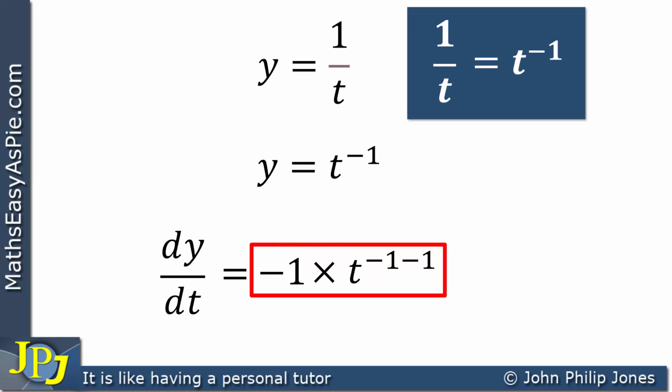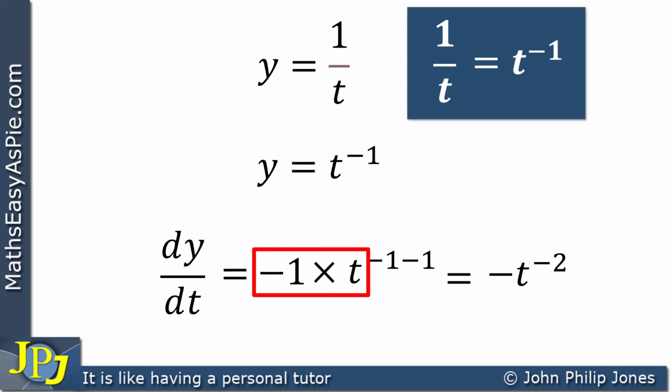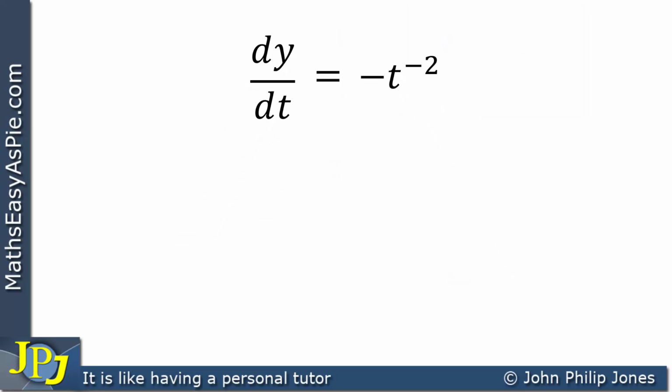So this can go on to be shown to be equal to minus t to the minus 2. Now, of course, this minus 1 multiplying the t gives you minus t. And this minus 1 gives you minus 2. I will now continue by bringing this to the top where dy/dt, we've seen, equals minus t to the